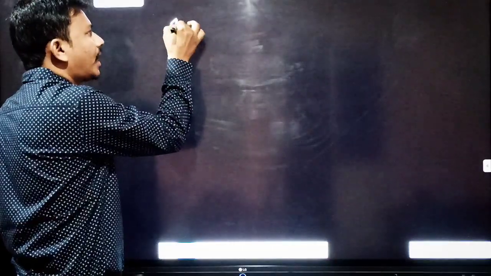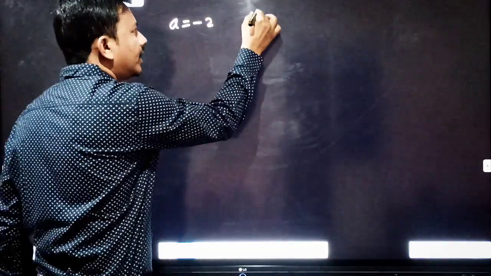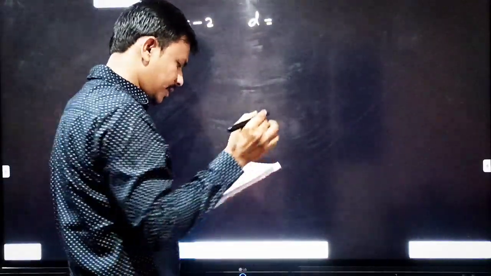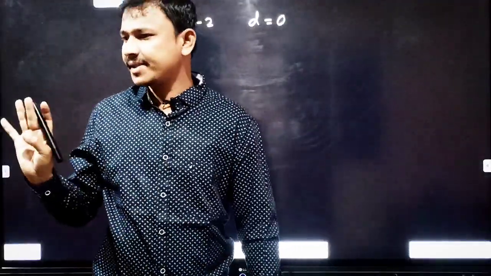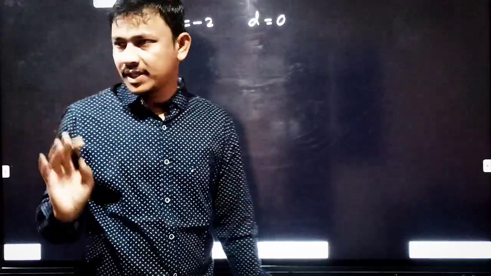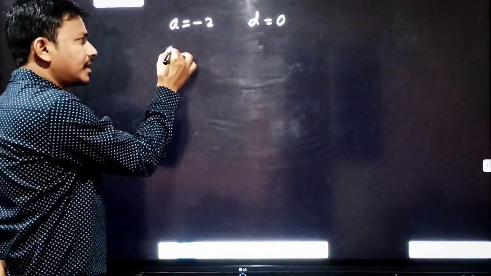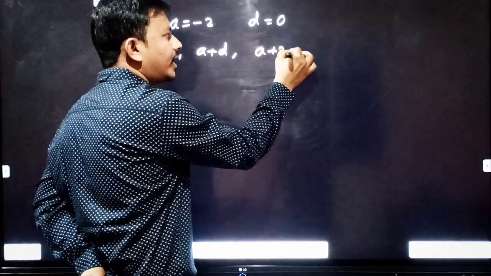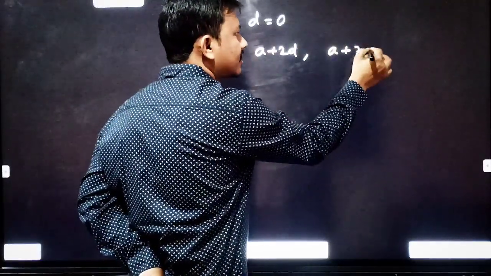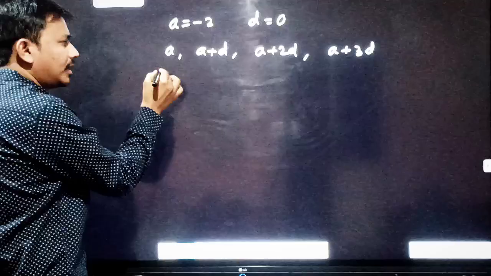The second question, what they have given? A value. A is equal to -2 and D is equal to 0. What we need to find out? First four terms of the AP. What are the four terms? A, A plus D, A plus 2D, A plus 3D. A value is